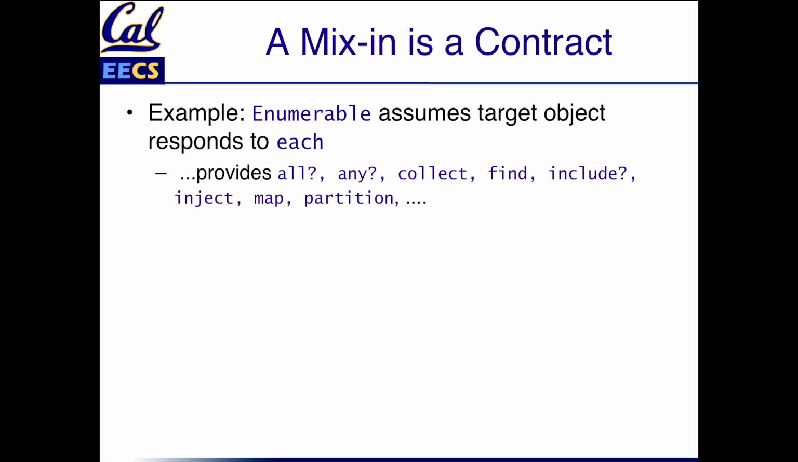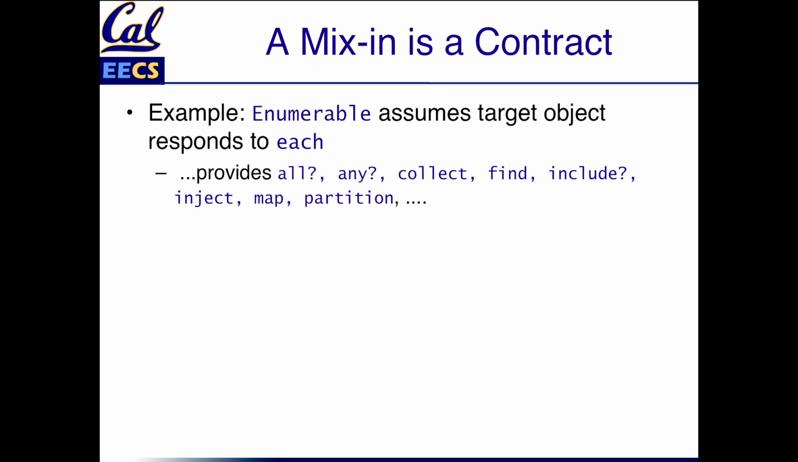If you can return every element of yourself, I can test every element against some condition. That was select and collect and those methods that we saw. So what does this mean? As a concrete example, it means that a mix-in is like a contract. The module Enumerable, we're going to use as an example because it's used all over the place in Ruby. It's very common. It assumes that the target object and the class you're mixing it into know how to respond